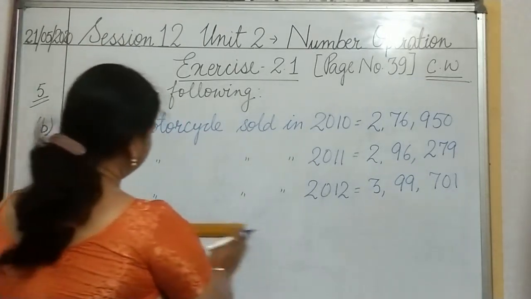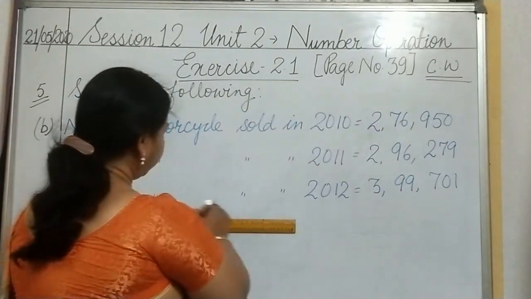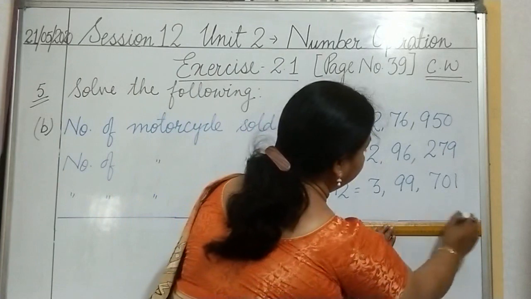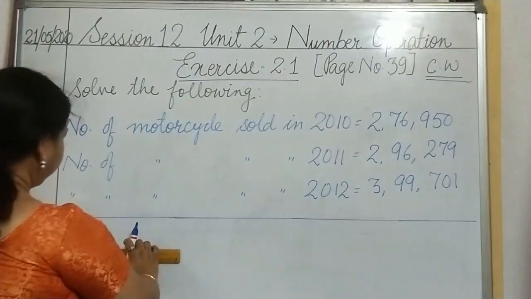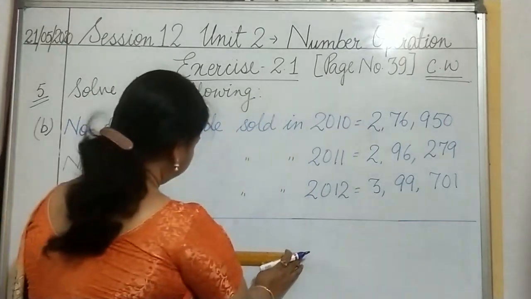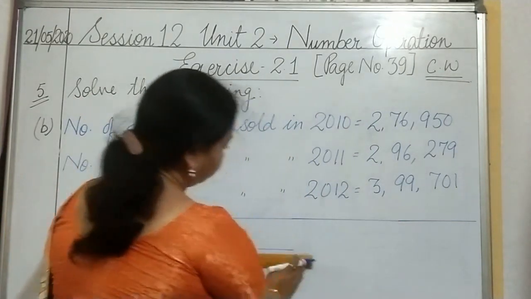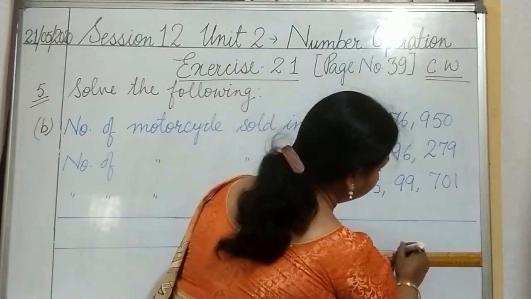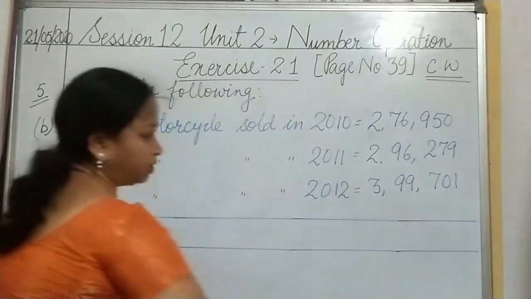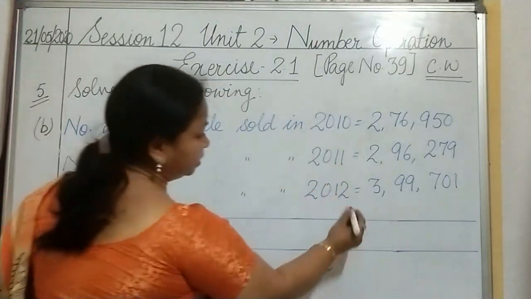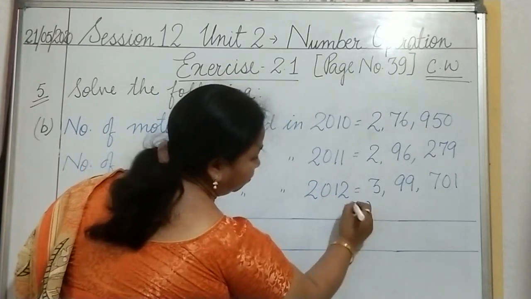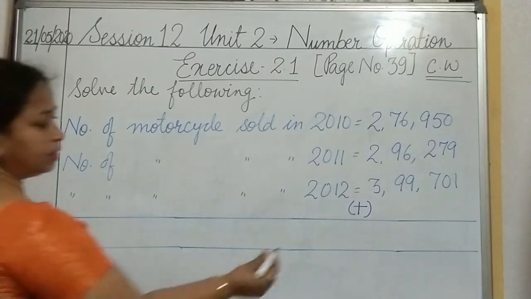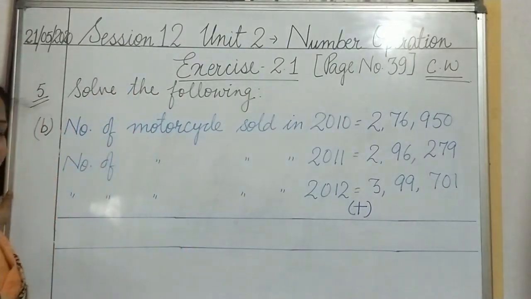Okay, now once again you know how to get ready for your final answer. We draw a line using the ruler. Okay, we draw it, then get ready for that. So please children, need not draw it with your free hand. Use your scale and pencil if you want, or the pen itself. Okay, so these are the figures given for the number of motorcycles sold, and you can see that I have written the plus sign also.